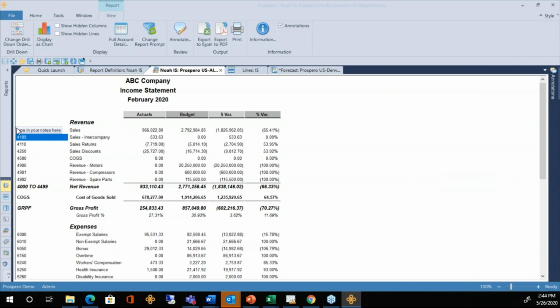And the next person that opens up this report, they can see those notes on the right-hand side. They can also add their own notes to that row. So it's a great way in published reports for all your different report consumers to collaborate right here inside Prospero. They don't have to email each other about problems with the reports. They can add their notes right here inside this published reports section.